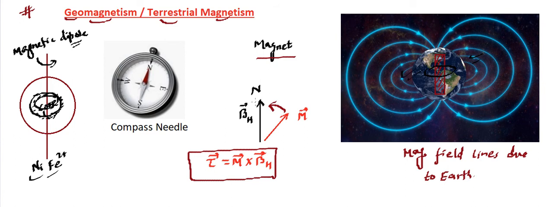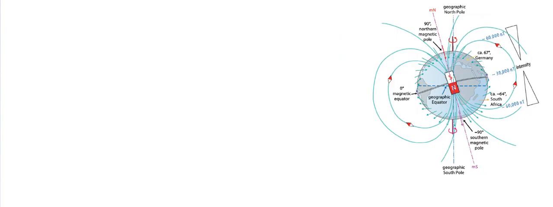But our purpose is to get this BH so that we can find how much torque acted, and with what angular acceleration this needle starts rotating, and all that, right? So let's go into a little more detail. Let's consider this picture for a detailed understanding of how these rotations and magnetic fields are coming in.